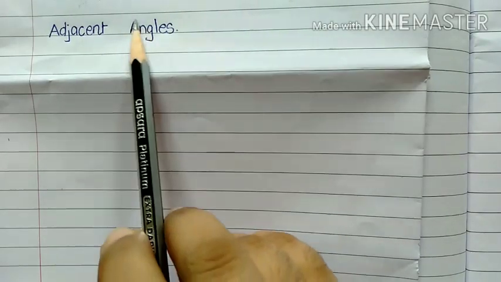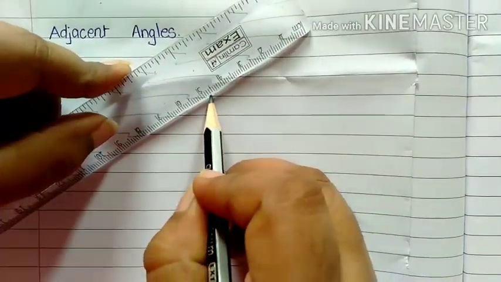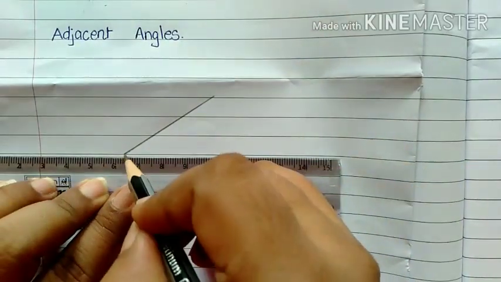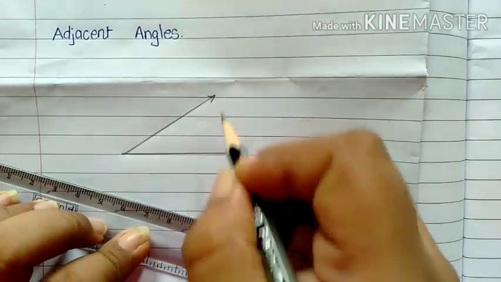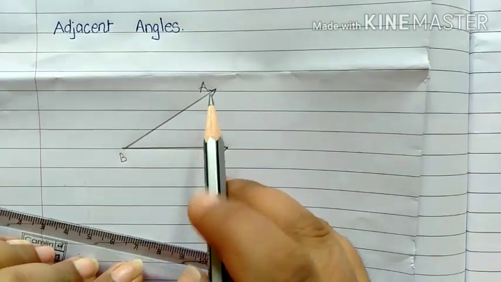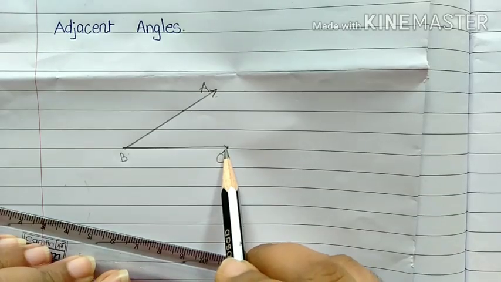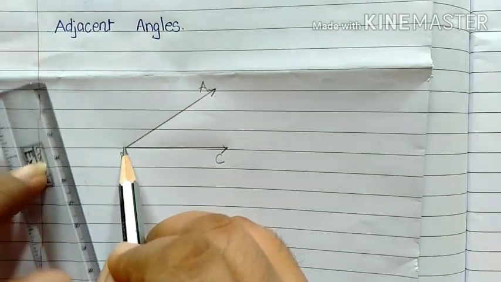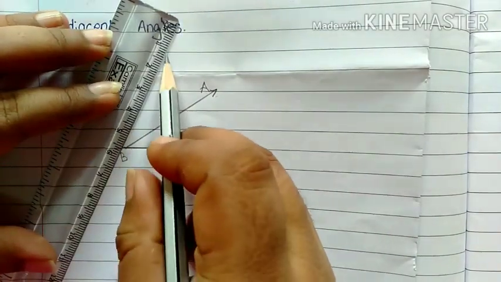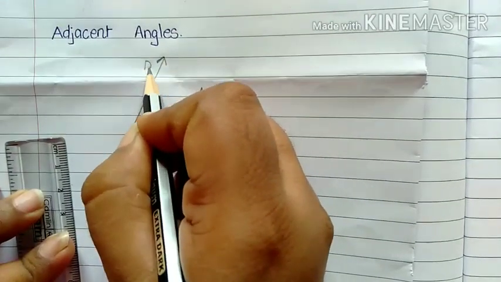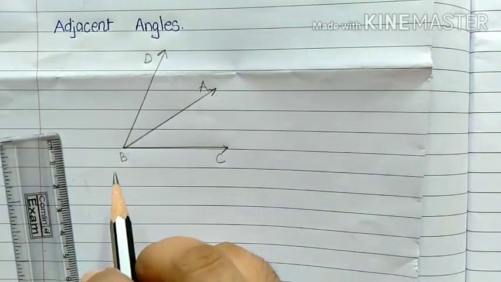Now let us begin with adjacent angles. First we are going to draw one angle, angle ABC. Now this is the vertex of the angle. Through the vertex I am going to draw one more ray which is passing through the same vertex. Label this ray BD. Now see,